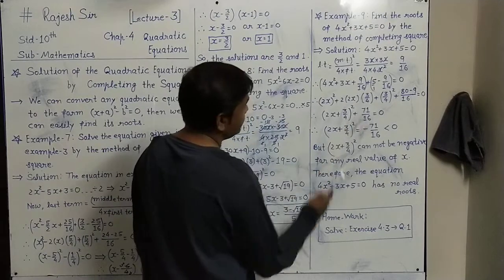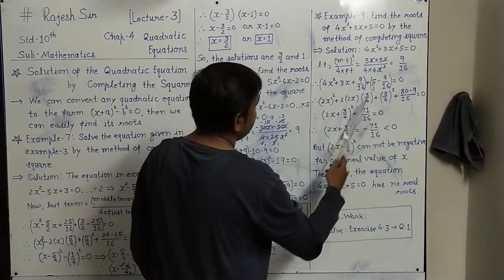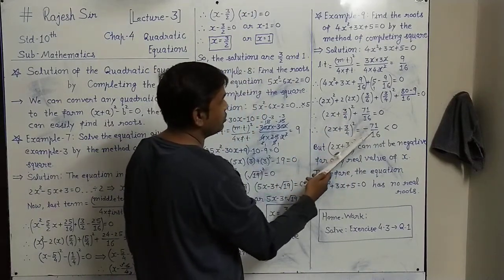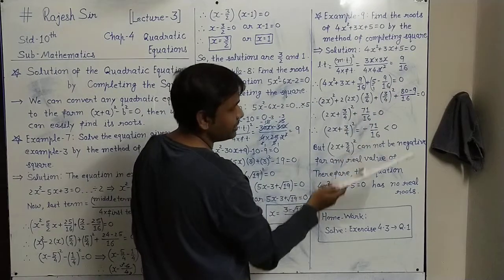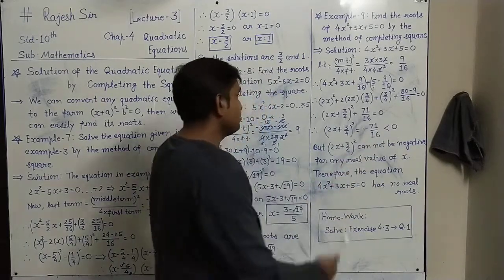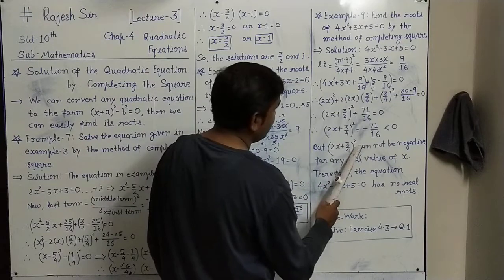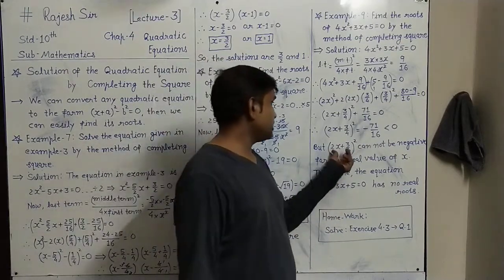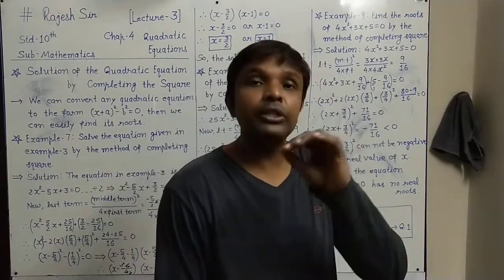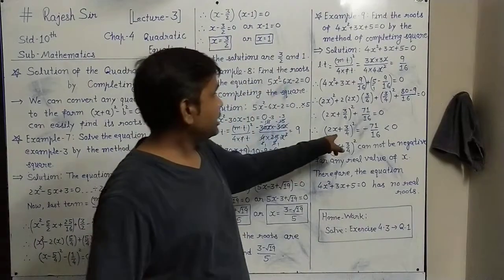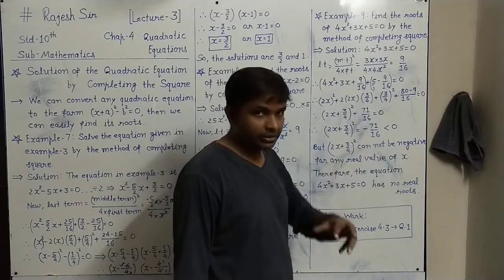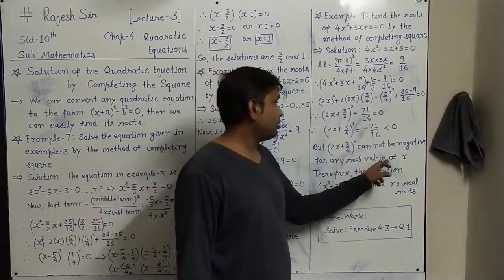Now here the plus sign is there. So this plus sign number, if I take it on the right side, it will be minus, and the same bracket here, (2x + 3/4)² equals minus 71 upon 16, and this number is a minus number, a negative number, it is less than 0. But you know that (2x + 3/4)² is the square of any real number. If we take its whole square, you know that any number's whole square will always be a positive number. Here, this expression shows that the whole square is a negative number. So this whole square cannot be negative. This is the fact for any real value of x.